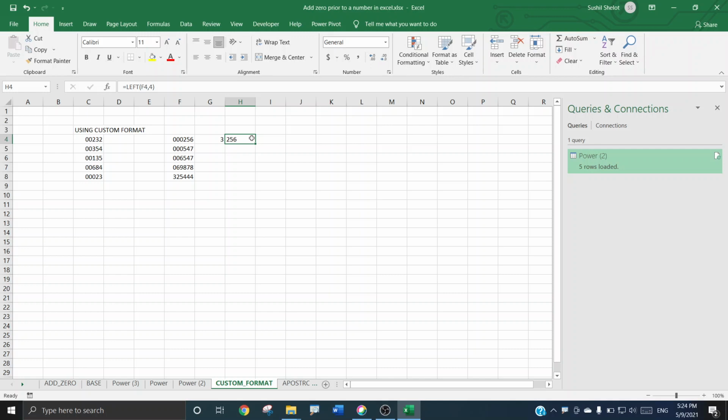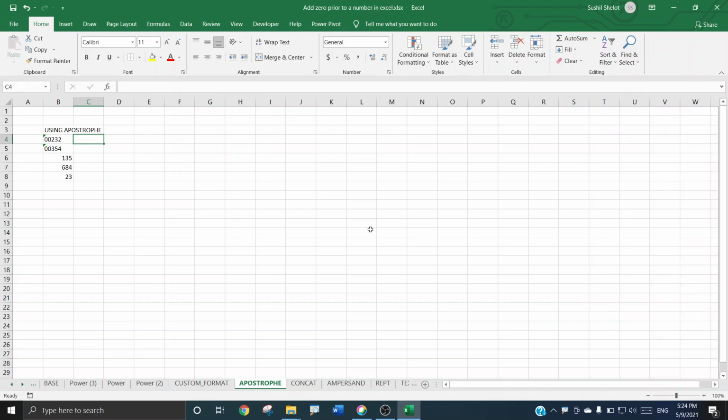Fine. So viewers, this is the most recommended way of converting a number with the addition of zeros to its beginning, or towards the left. Now the further ways are quite simple, and I'll walk you through them very soon. There it is. We are now at the next tab,